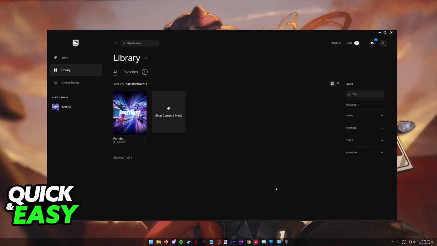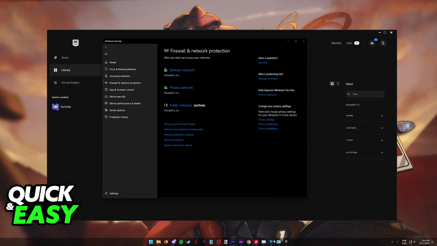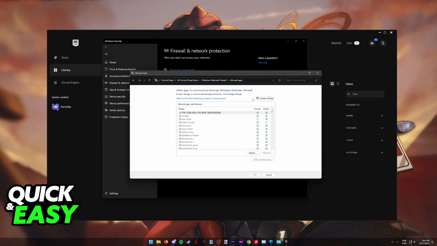After you update the graphics driver, the last thing that I would recommend checking is to go into the Windows security options, go into Firewall and Network Protection, and then Allow an app through Firewall. In here, you will find two relevant settings. You have to find Fortnite itself and make sure that it is allowed to go through, Epic Games Launcher, and finally, Easy Anti-Cheat. By enabling all of those to go through, you are going to ensure that all of them